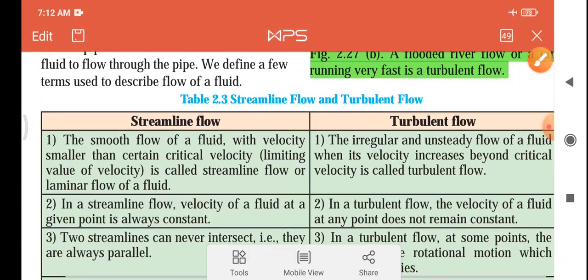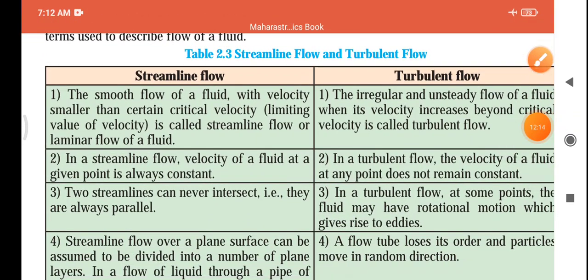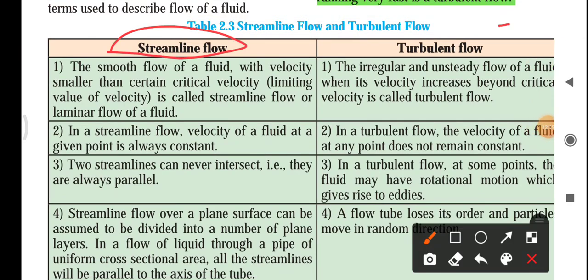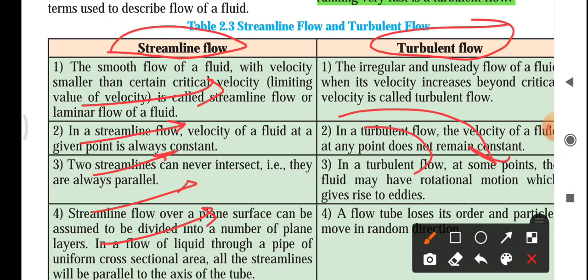So let me explain you the difference also with this streamline flow and next one is turbulent flow. Streamline flow means the flow which is like this. Okay, parallel flow. And here we can have the random flow. Okay, there is a flow lines are not fixed. Turbulent flow. Now